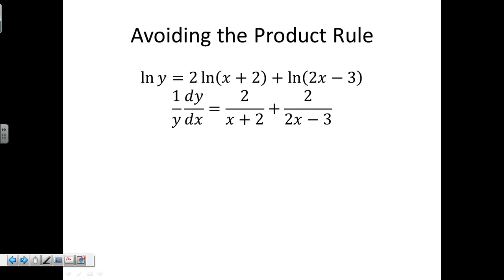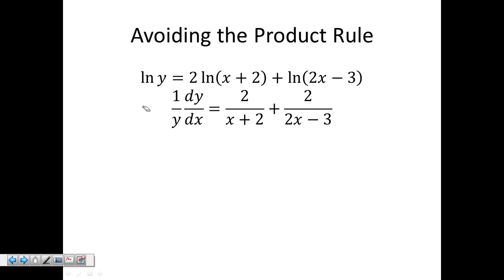So the first thing I do is take the derivative of the natural log of y. I get 1 over y dy over dx. So remember that this dy over dx is basically the derivative of the inside right here. And that shows up because of implicit differentiation. Now, my 2 right here is just the constant multiple 2. It's from this 2 in front of the natural log. This 2 over here is actually from the derivative of the inside. That 2 is the derivative of 2x minus 3. So here is my derivative,